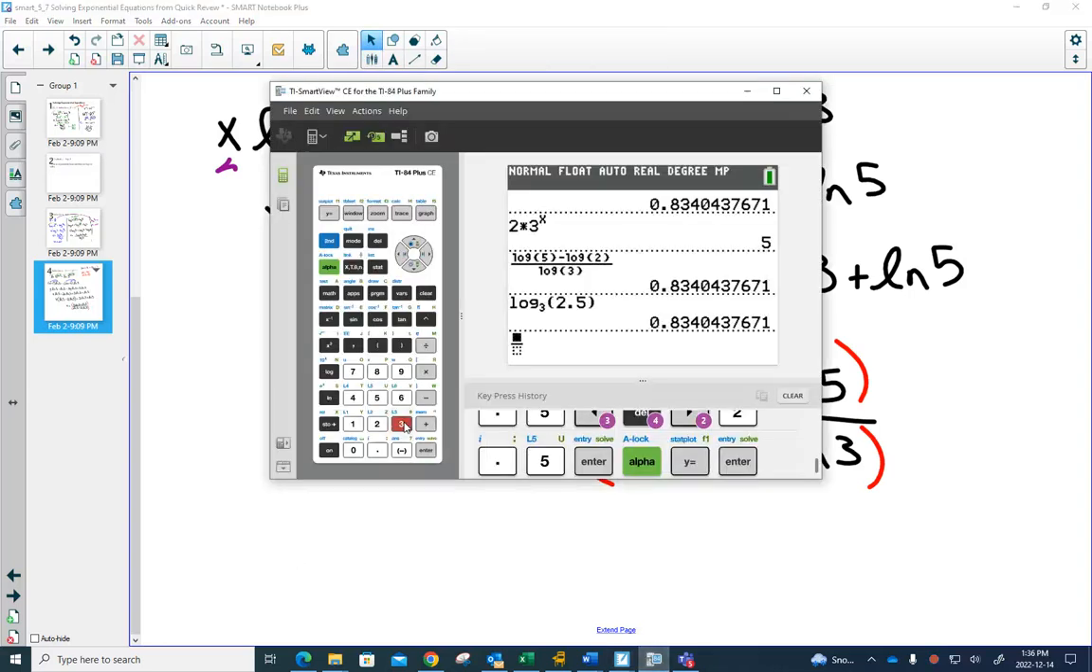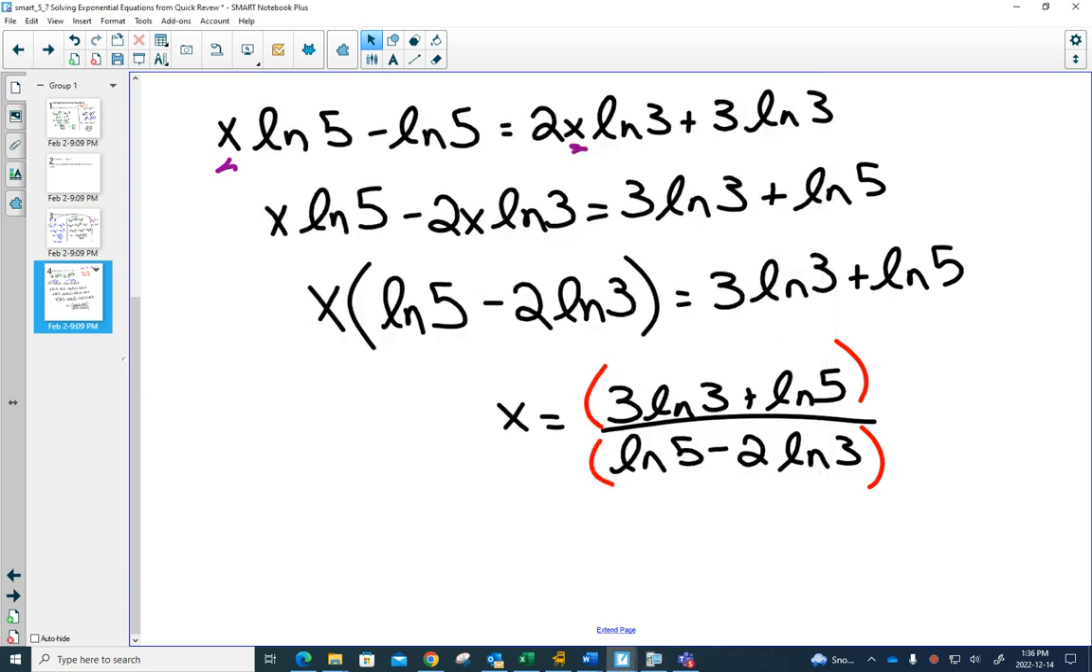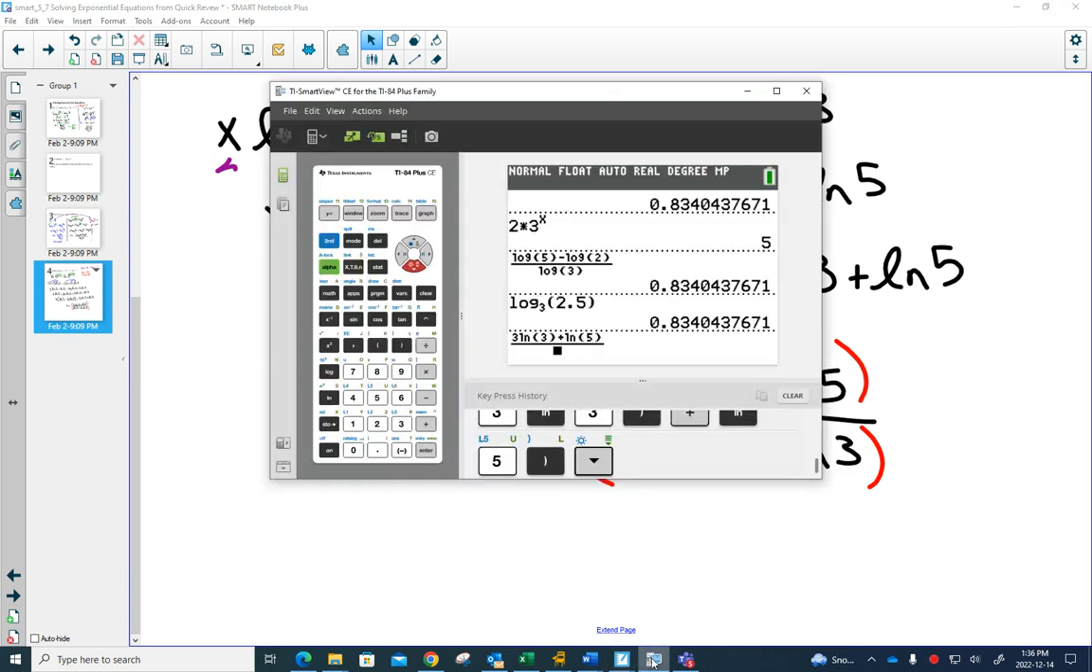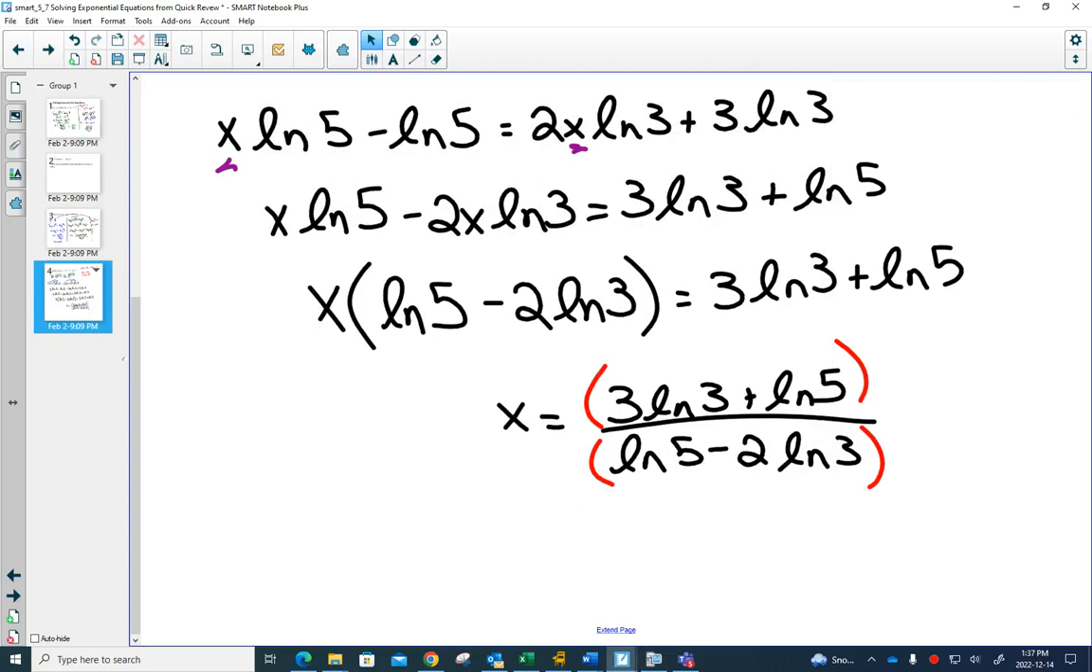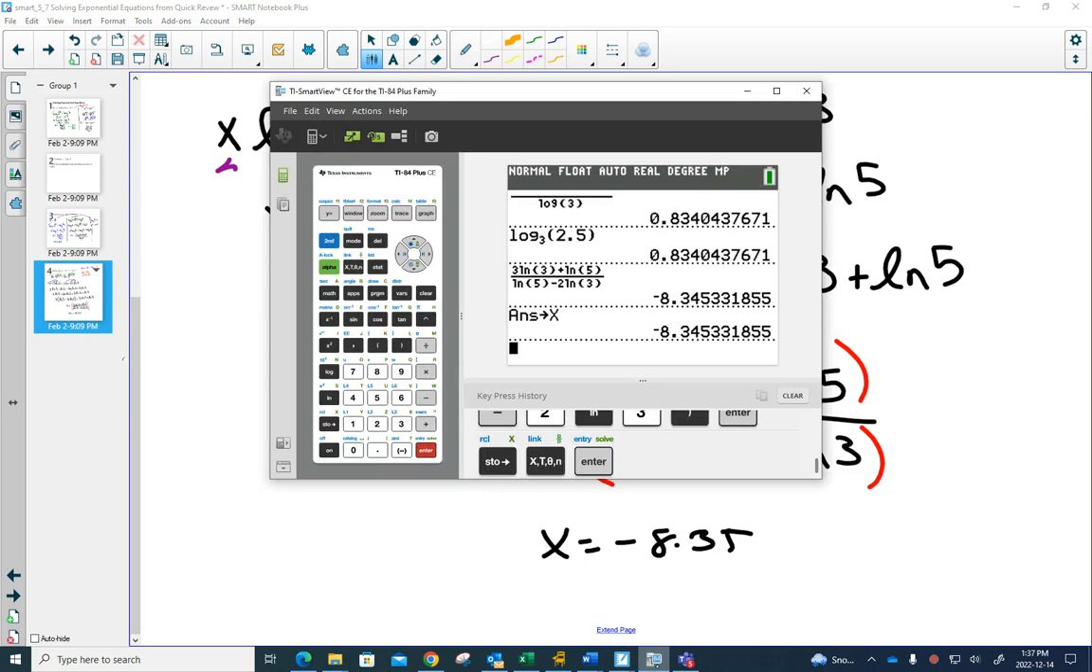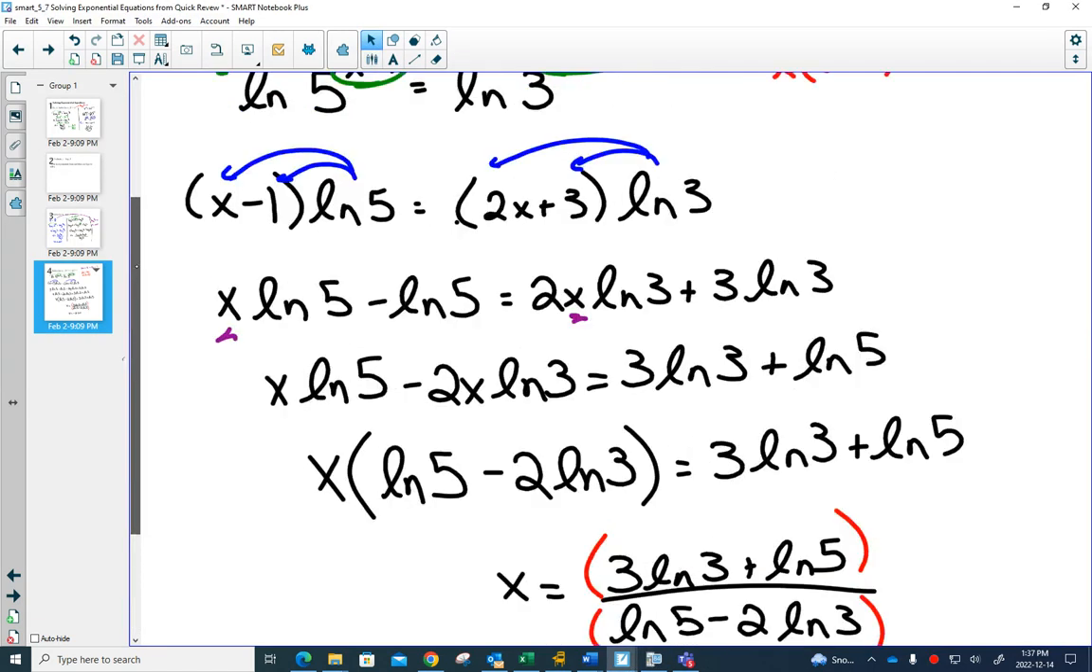I can just go 3 natural log of 3 plus natural log of 5 divided by natural log of 5 minus 2 natural log of 3. Push enter. Negative 8.34. I'm going to store that as x because I'm not sure if that's right. I'm hopeful that is negative 8.35. But I've stored it as x, so I can go back to my original equation,